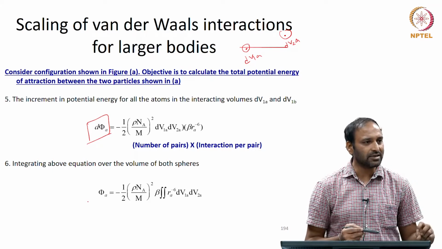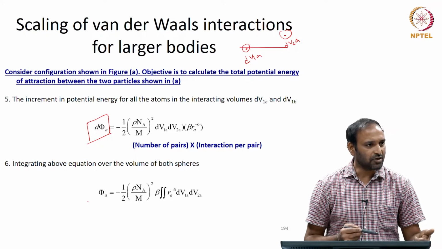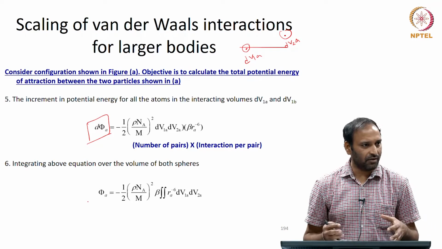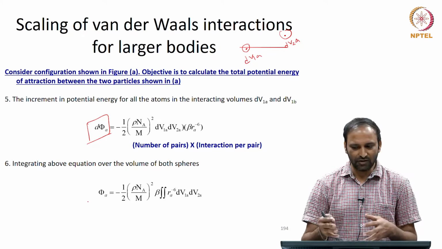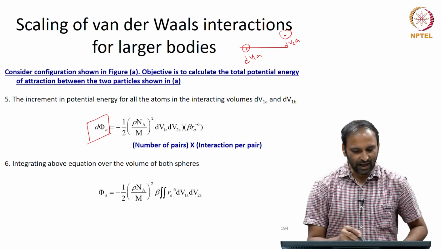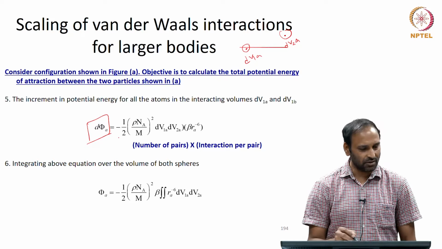They were interacting by some energy earlier. Now, because I am considering a large number of atoms in each of these differential volumes, the increment in the interaction is given by